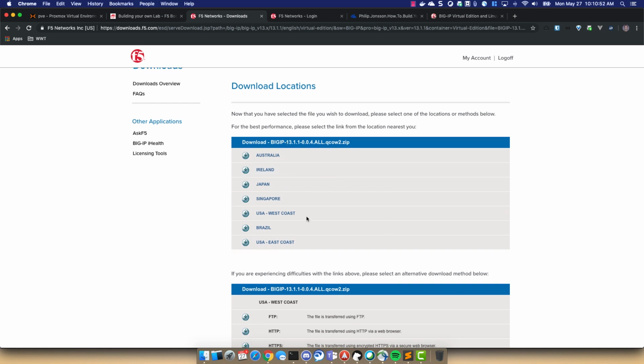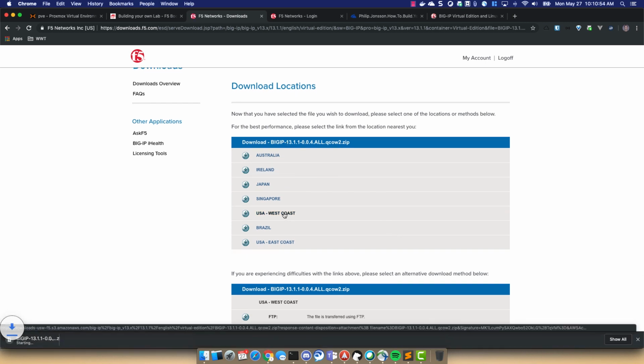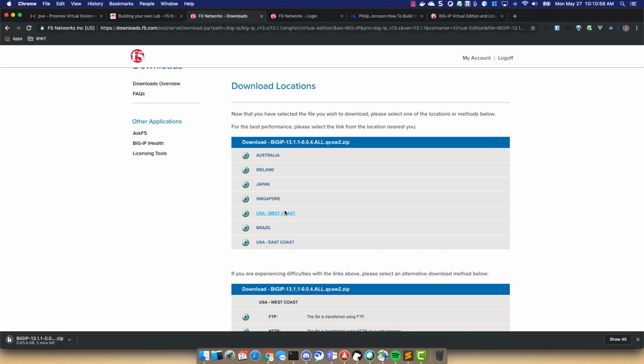Here you want to select the region from which you wish to download the image set and begin the download. All right, now while that's downloading,